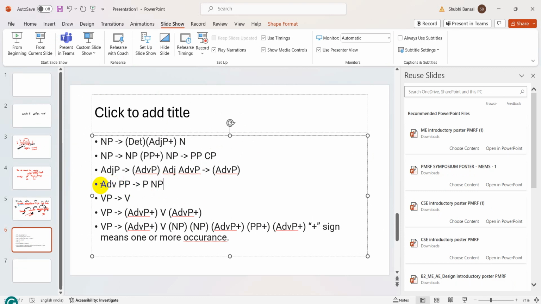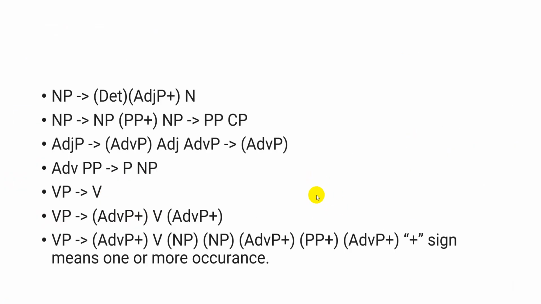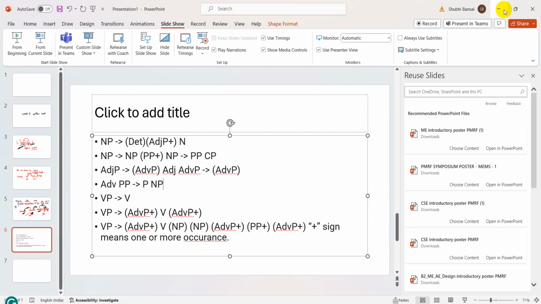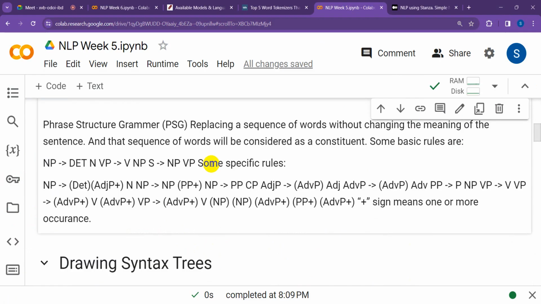So these are some rules that you can keep in mind for the CFG grammar, where the plus sign means that there should be at least one occurrence. A verb phrase should have at least one occurrence of either the adjective phrase or the adjective first, then the verb and the noun phrase, or the noun phrase and then the adjective phrase. These are some rules that you can keep in mind. So going by this,